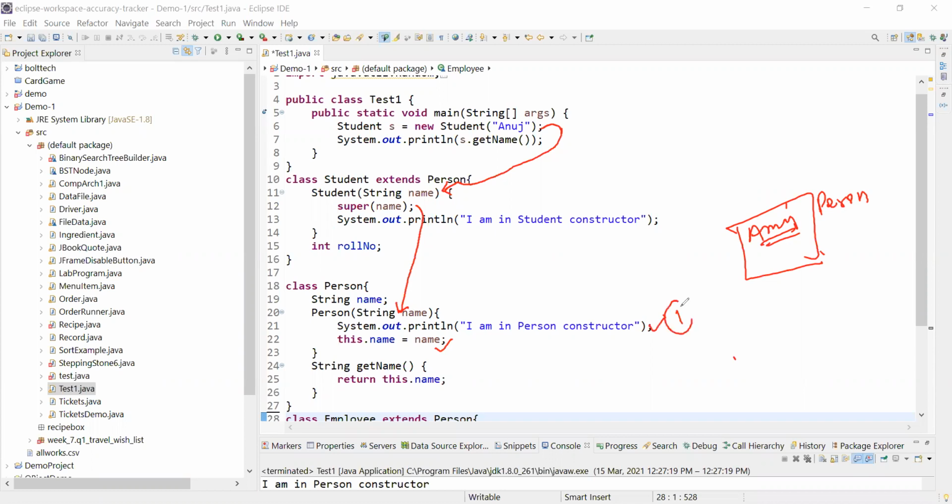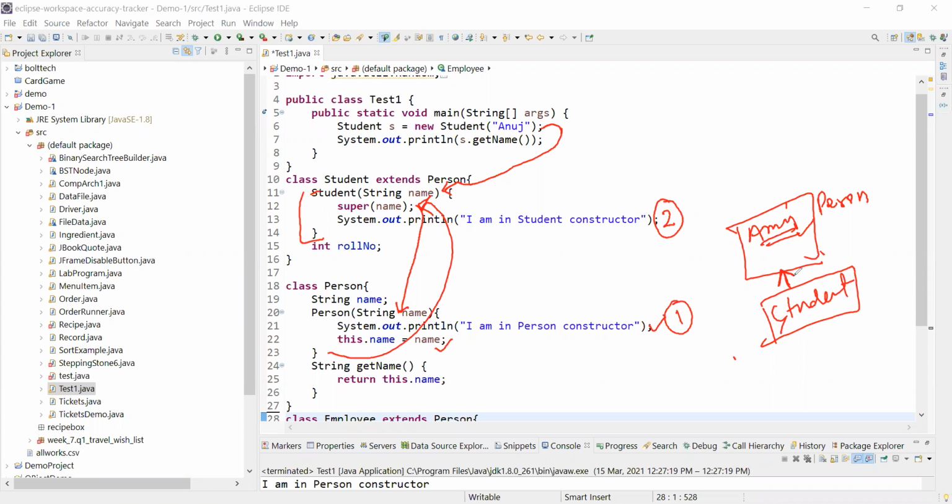So this is the line number 1 that will be printed, and then it will say this dot name is equals to name, so name will be stored here. Then from this it will go back, right, and we'll say I'm in student constructor. This is the line number 2 that will be printed, and after execution of this block, child object of student will be ready, which is pointing to this, right?